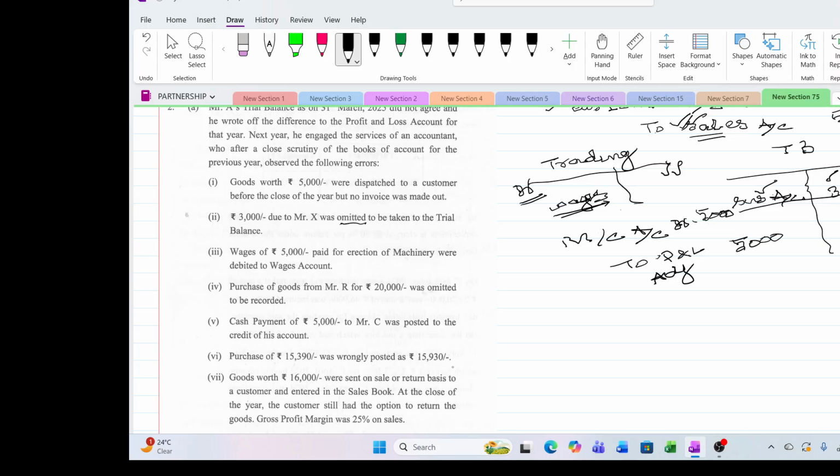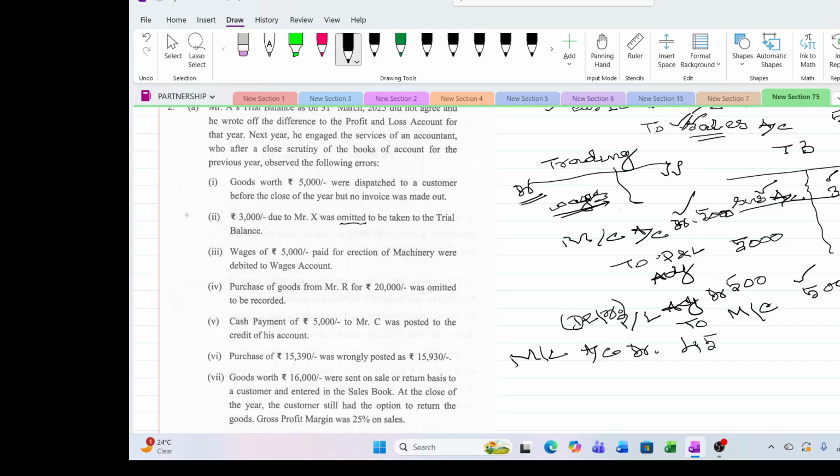Then what happened? He is charging depreciation. So depreciation is again a nominal account, which, if you book the depreciation, your profit should come down. So what we will do? Instead of writing depreciation, the P&L adjustment account has to be debited with 500 rupees, that is 10% of 5,000, to machinery account. Now this entry is made in a combined form. So what happened? Machinery account is debited with 5,000 and credited with 500. So the last entry will be machinery account debit with, I'm writing in short form, you have to write it in full form,